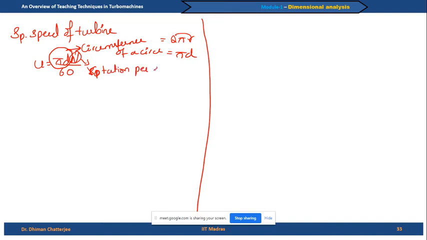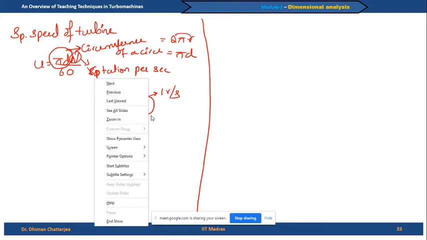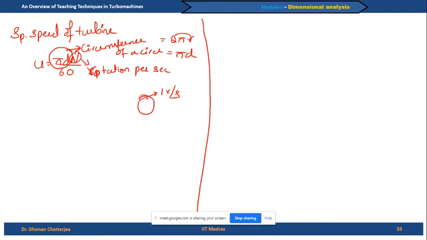Per second. Now let us say there is a circular type of rotor which does one rotation per second. So if this is one rotation per second, it covers this whole circle, for example, from this point going towards this point and reaching back to this point. The total distance covered by this is pi d, and the time is one rotation per second.